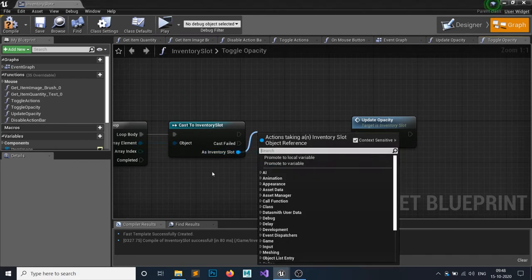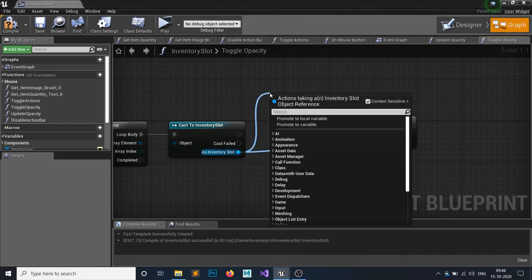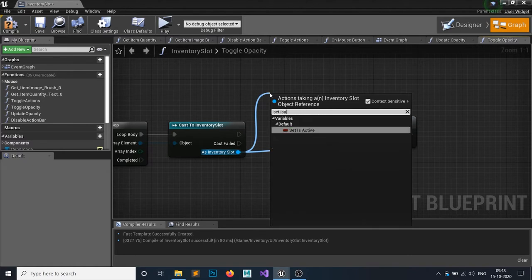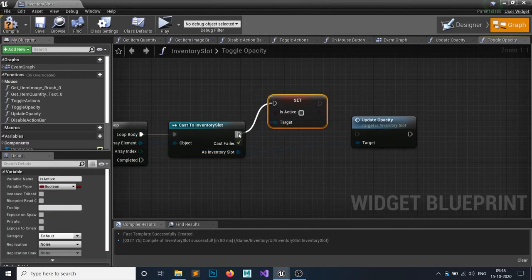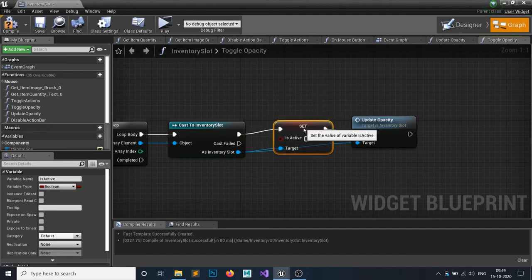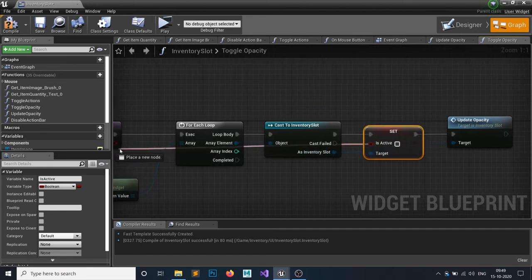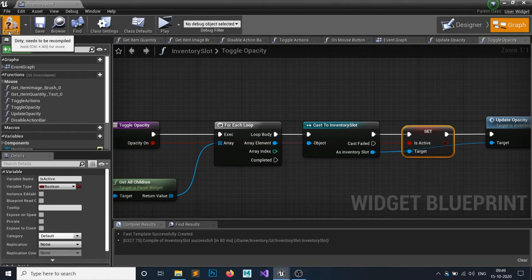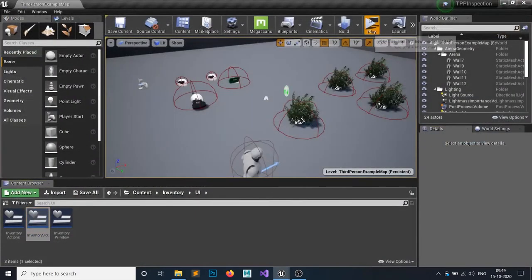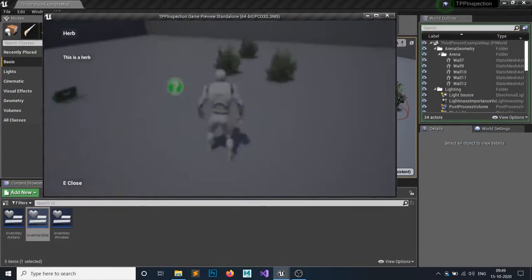Rather, grab a node from this inventory slot and set is active here. Hit compile and save. Let's check it out.